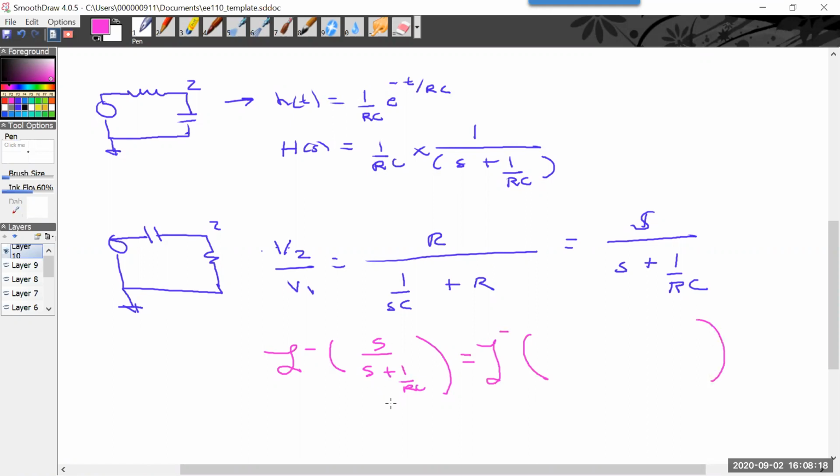And so you have to use partial fraction expansion to get